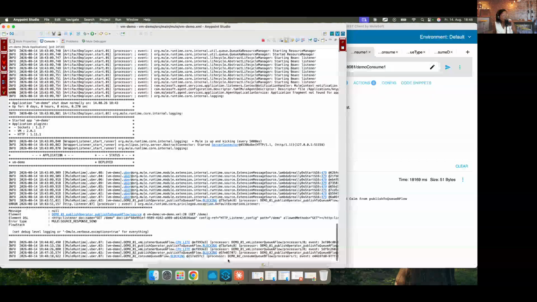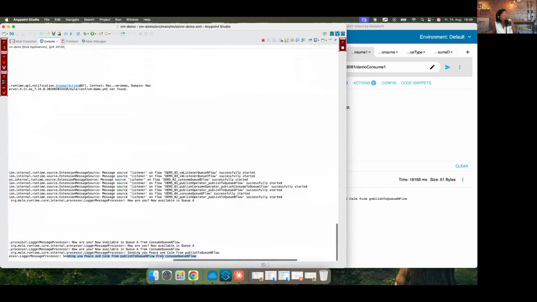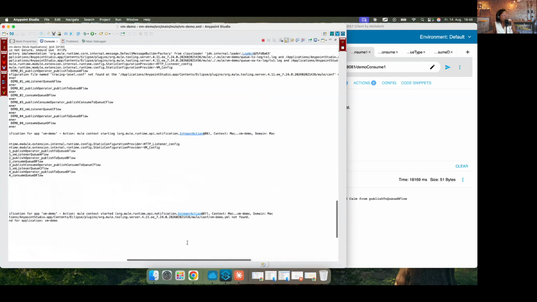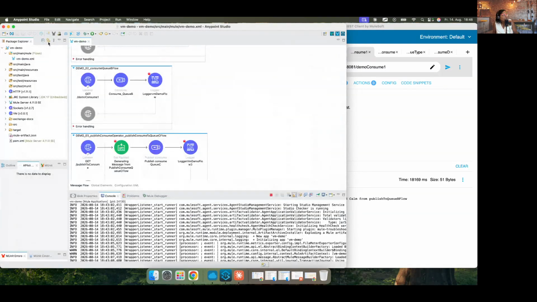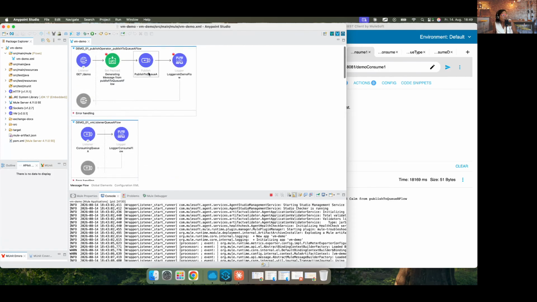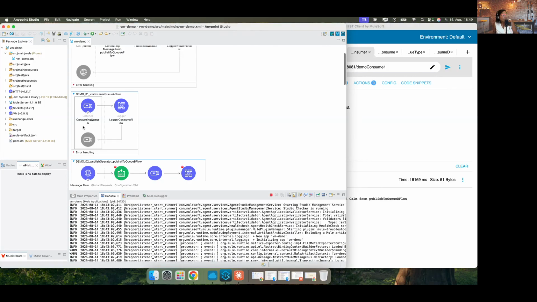This is the value from the publish to QB flow available in the consume QB flow. And this is what we wanted to see. Okay. So we just have seen the behavior of the consume operator. We have seen already the behavior of the publish operator and the VM listener as well.